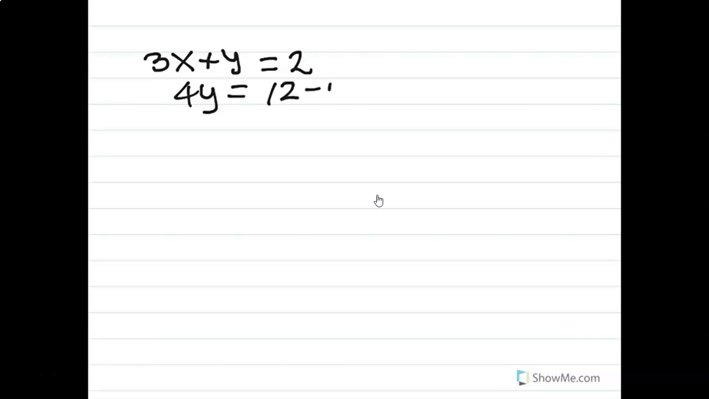This time we are going to work on the substitution method to solve equations. And the exercise that we are going to solve is 3x plus y equals 2 and 4y equals 12 minus 12x. Okay? So if you remember, we were saying that the first step